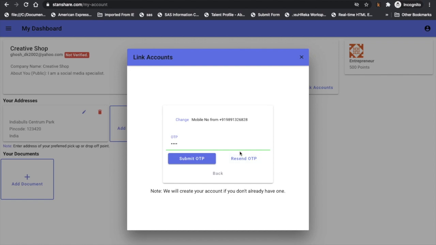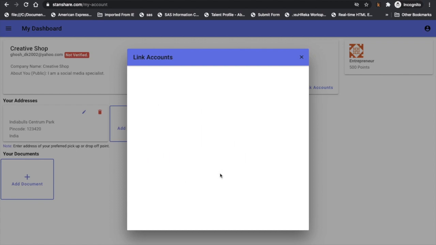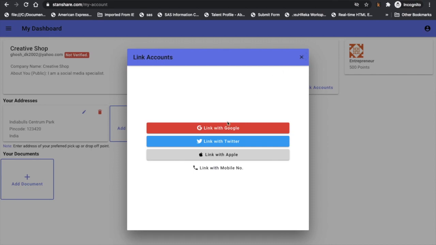If you don't receive the OTP by any chance, you can click here to send the OTP, it will resend it. But whatever we have tried so far, there are no cases where it's actually asked me to resend the OTP. All right. So when this step is done, you can link more accounts. So basically you can log in with any of them. It will be clubbed in the same account itself. All right.